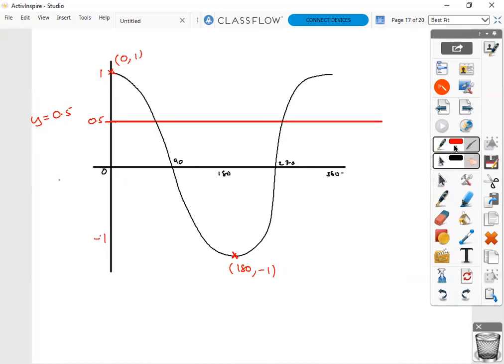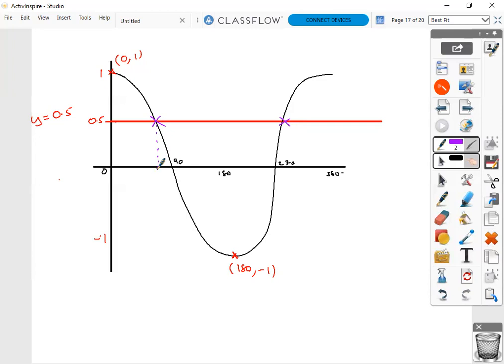That horizontal line cuts our cos graph, or cos wave, at 2 different locations. So you're going to have 2 different answers. That's essentially what we're saying with these questions. Okay, so for cos x = 0.5, our solution,